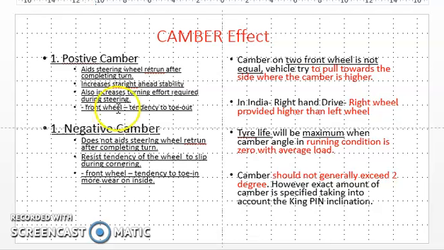So from the exam point of view, what I have marked in red color is important from your MCQ point of view. For multiple choice questions there may be some questions from these points.